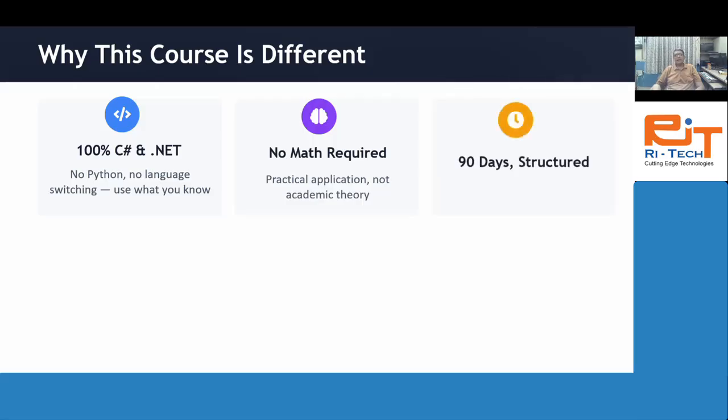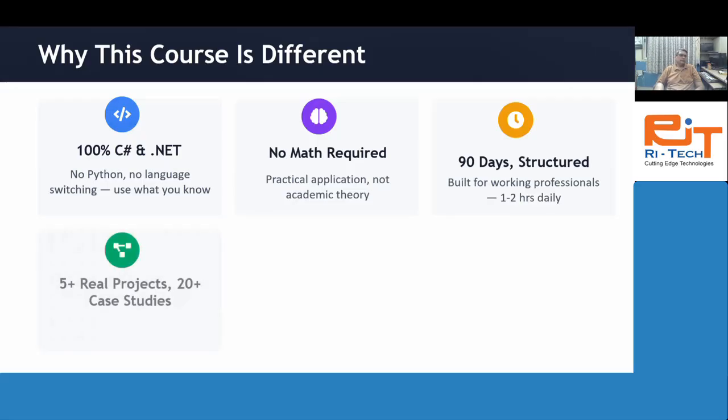Now, here's the 90-day structure that I already showed you, built for working professionals, 1 to 2 hours daily. So I already told you, 5+ projects, 20+ case studies that will fill your portfolio.